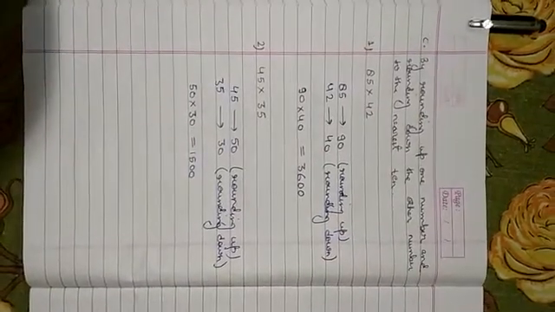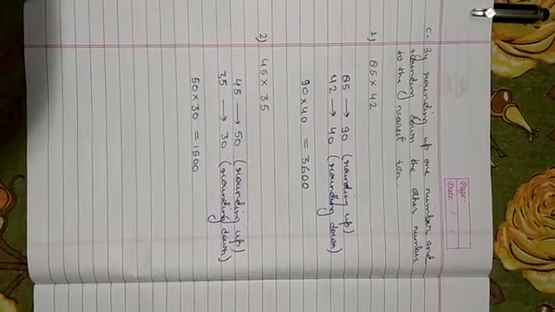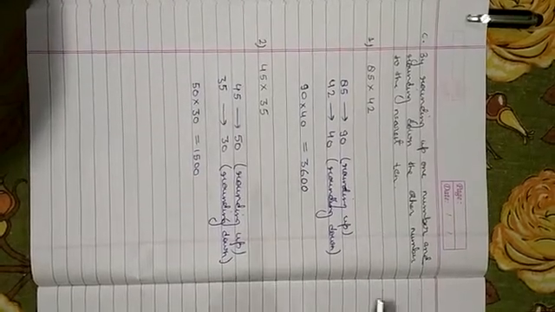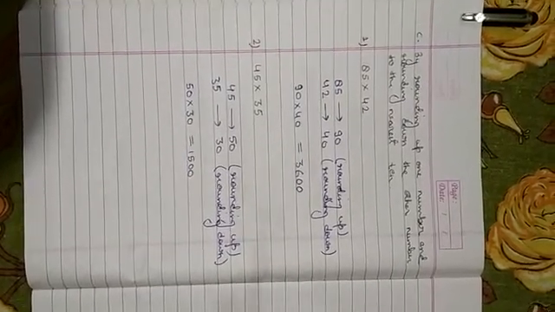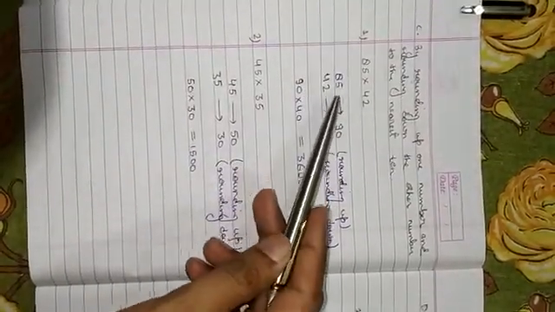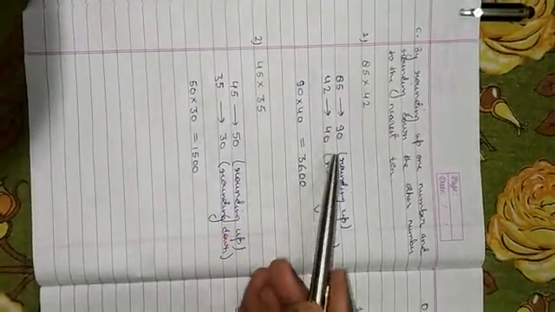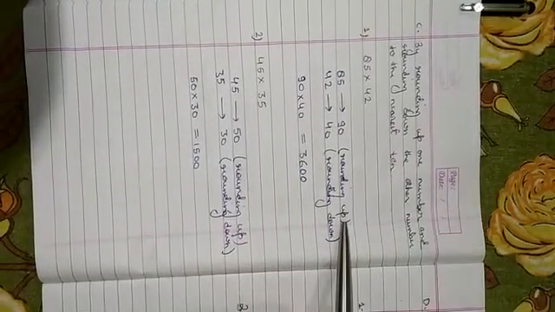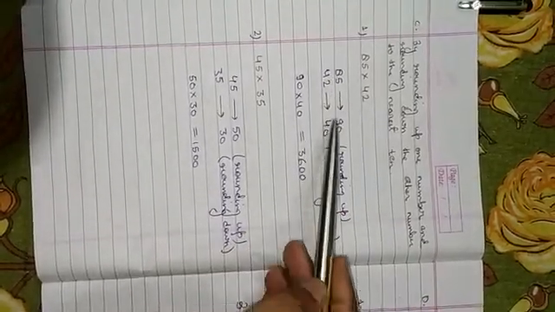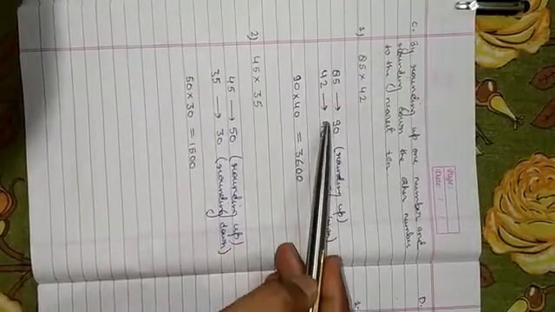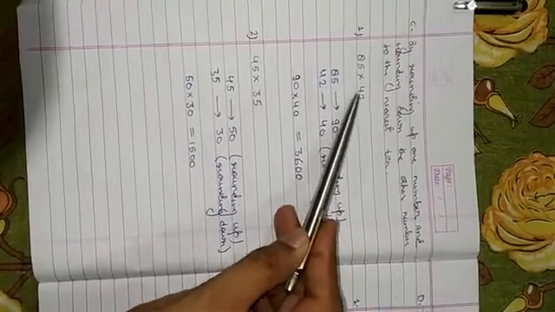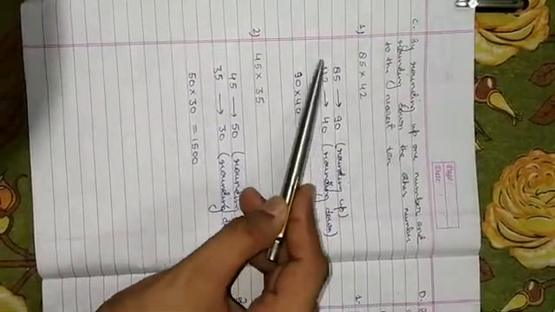Now part C, by rounding up one number and rounding down the other number to the nearest 10. Okay, we have to round up one number and round down the other number. 85. Okay, if we round up 85, we will get 90. Rounding up means we have to round up the number to the greater 10. Okay, the nearest 10 after 85 is 90, and